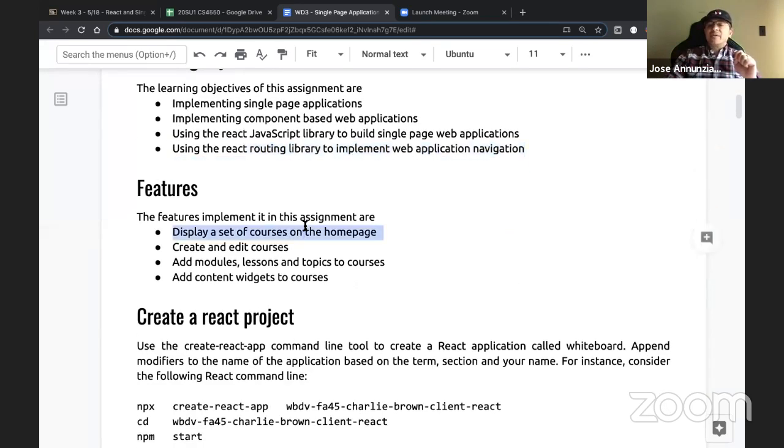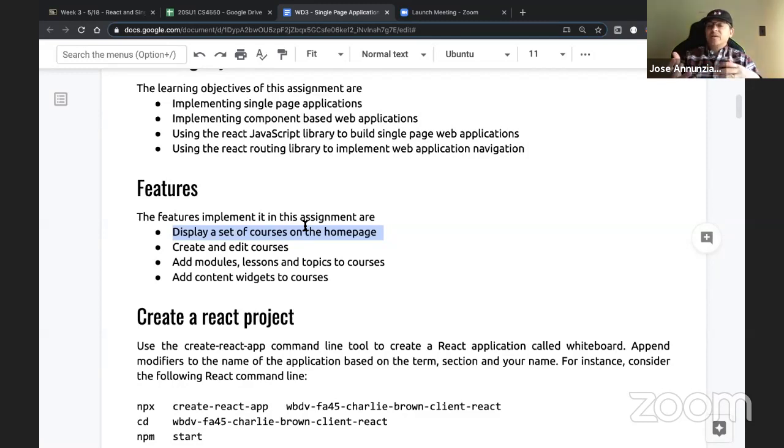We're going to revisit some of the content that we had implemented in the first assignment. So in the first assignment, we had implemented the home page, the course manager that had a list of courses. We had implemented the course editor. So we're going to revisit that, and we're going to reuse all that HTML, all that CSS that we built on that first assignment. We're going to wrap them inside of components. We're going to make components out of them, okay, using React.js, and just add a couple of features. Unlike the first assignment where the list of courses was static, in this case now the list of courses is going to be dynamic. Okay,